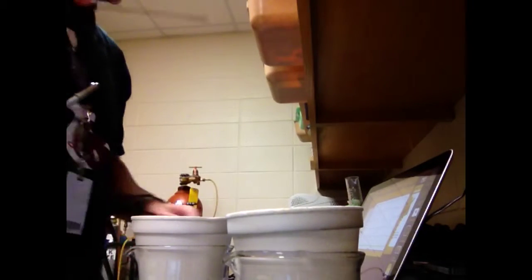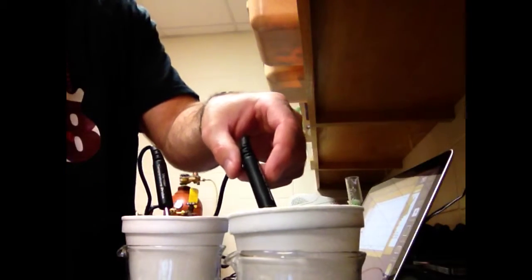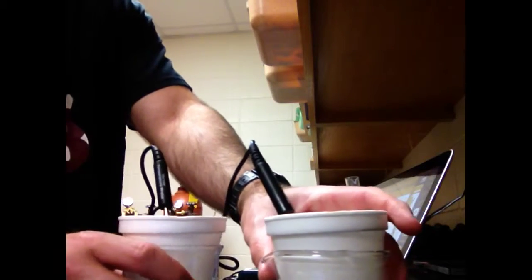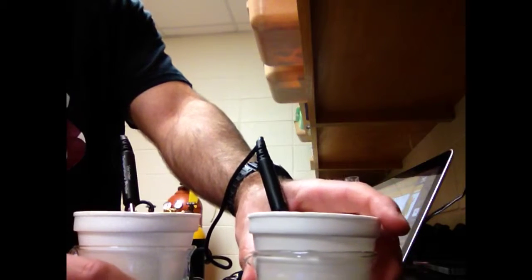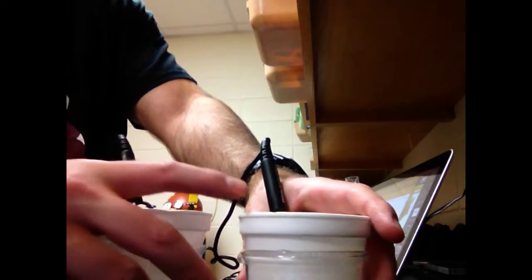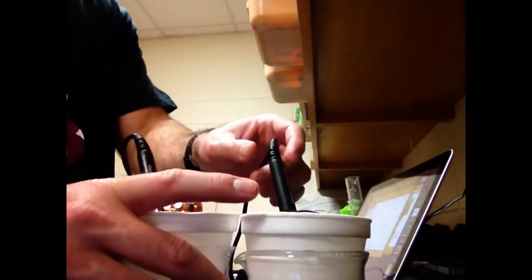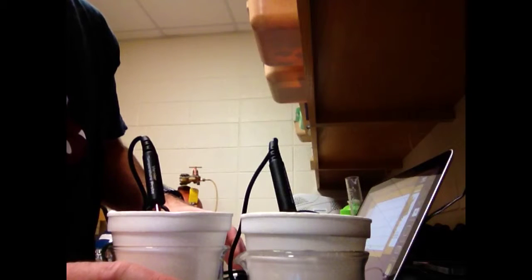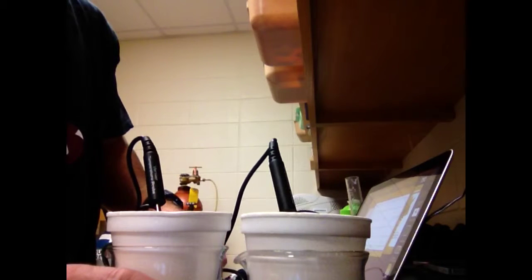So I'm going to put my temperature probes in here, and I'm going to let these equilibrate, okay, which means I'm going to let them get to the temperature of whatever that water is, and they're in the beakers so that they don't tip over, and even though it's in the beakers, this one kind of wants to, so I'm going to kind of watch it. Alright, now I'm going to let these equilibrate, and then once they get to a stable temperature on the screen, what I'm going to do is hit that green button which says collect. Okay,